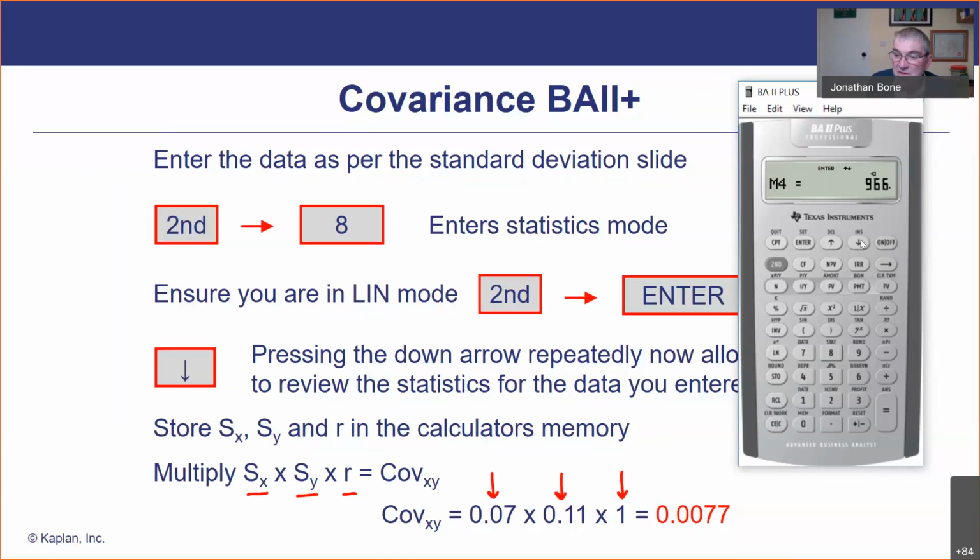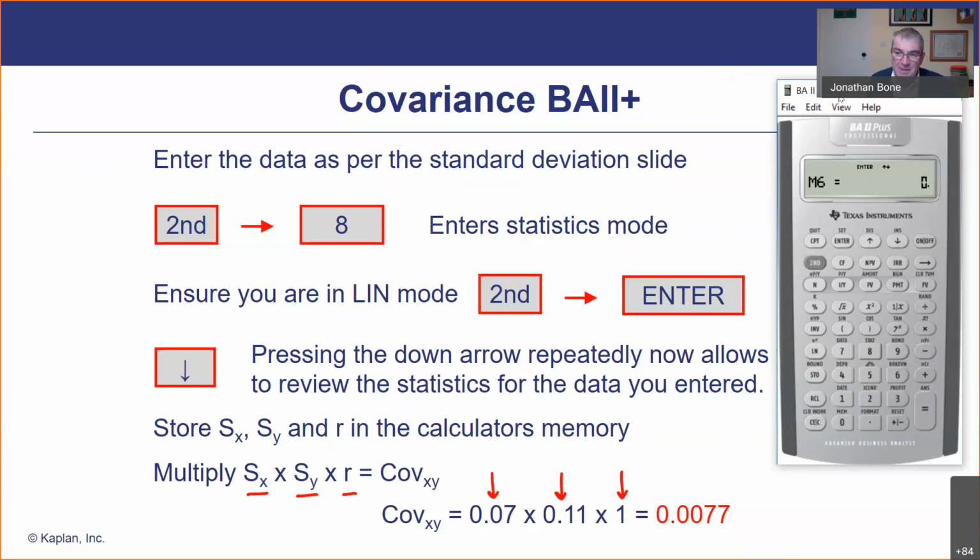Now, if I did want to actually wipe out all of my memories, clear all of my memories, I can do that if I'm in this memory mode by doing second function and clear worksheet. Now, all my memory buttons have been cleared to 0. Okay, I just wanted to give you a demo there of how to use the memory function on the BA2 Plus,